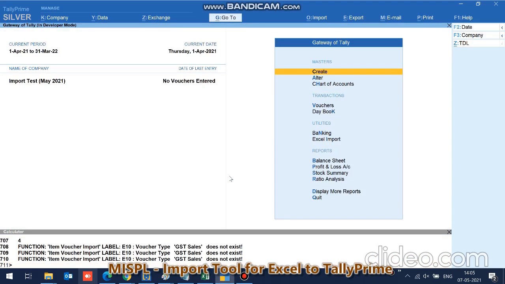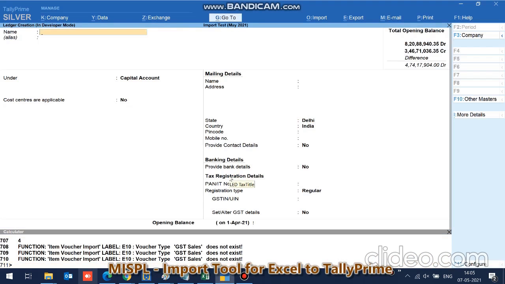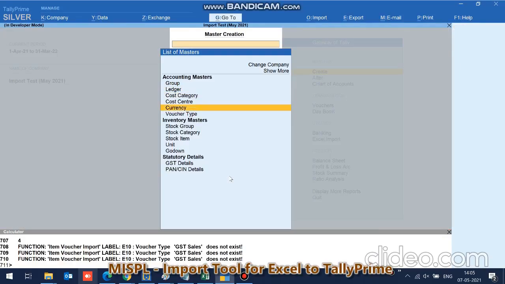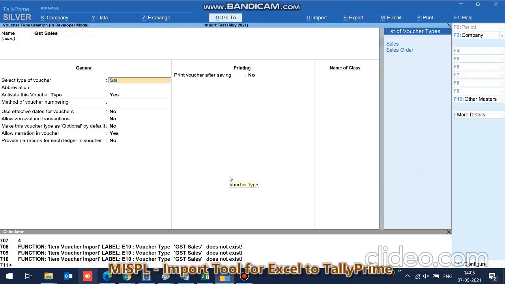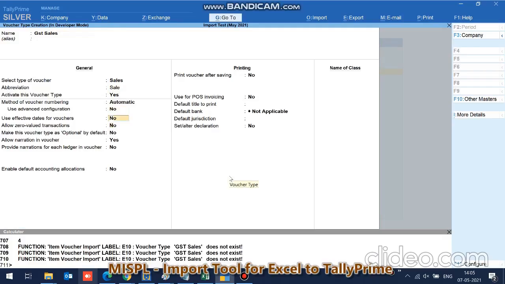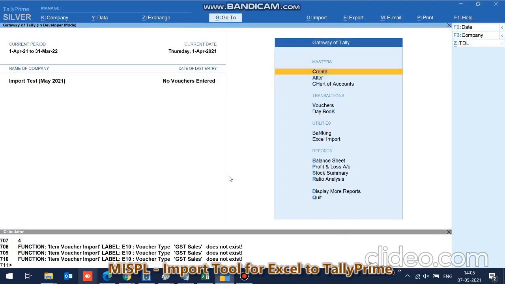Something has gone wrong. We don't have that ledger called GST sales. No problem. We create the ledger called GST sales. Oh, it's a voucher type, not the ledger. GST sales under sales automatic.